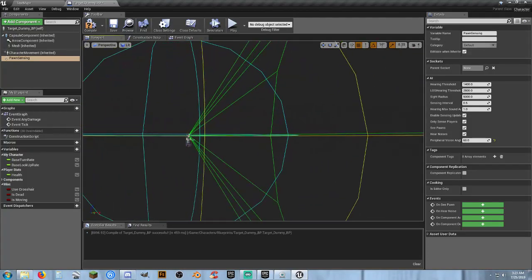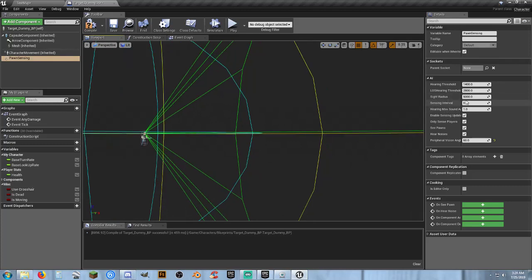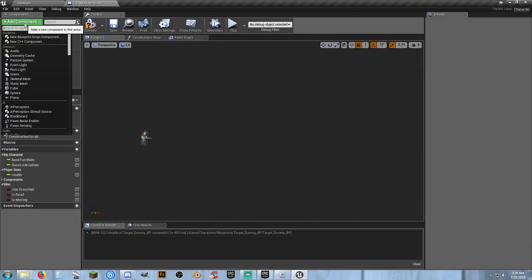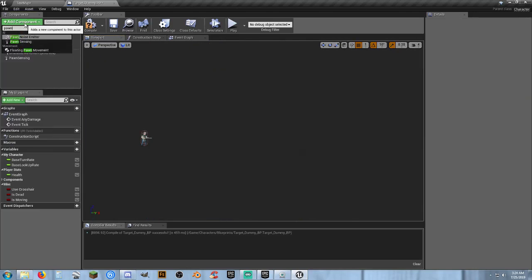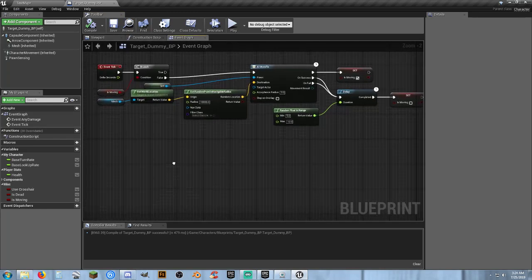Sight radius of 5,000, we can increase that or leave it where it is. Hearing threshold, you can actually create sound. Like whenever we're shooting, instead of just doing pawn sensing, we can add a component of pawn noise emitter or whatever. We can do something to actually create noise. But let's actually go ahead here and